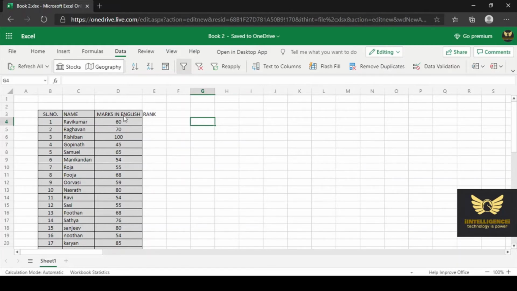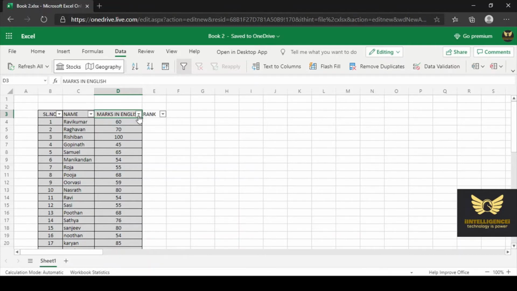What you have to do is sort this data. In order to sort this data, just select the data above, and there is a filter option. Just click that filter. Now the filter has come to the data.